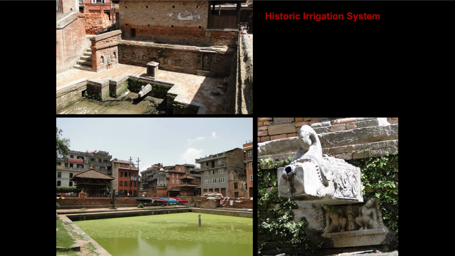Another interesting aspect of the Kathmandu Valley heritage, and because of that the heritage of Bhaktapur, is this historic irrigation system that the Malla kings built some hundreds of years ago. What you see here are lots of large scale and medium scale reservoirs and many hundreds of fountains that are built around the city. And all these things are connected. What happens is that through underground channels, pure water from the Himalayas is brought into the town. And using a gravity-fed,